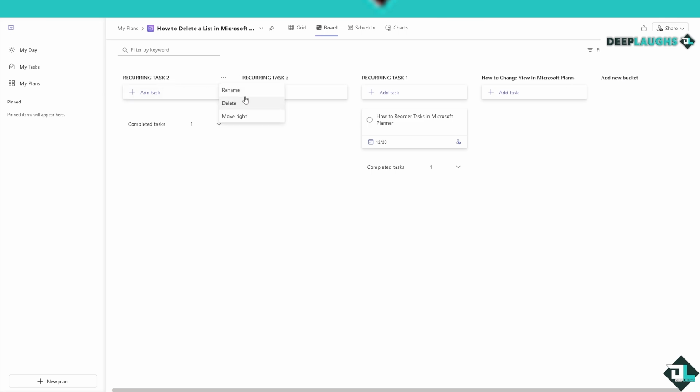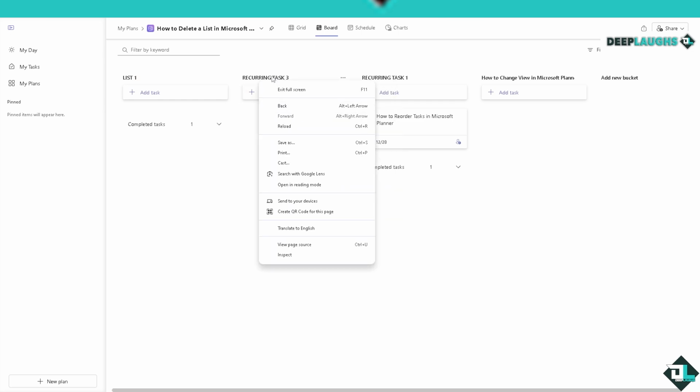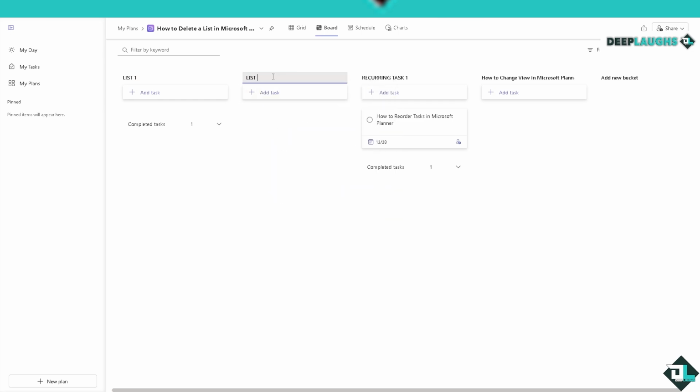You can rename this bucket or list. For example, list 1, right? Say, for example, this is going to be list 2. List 3, and obviously that's going to be